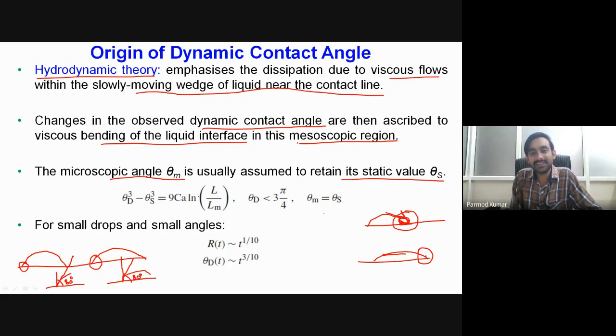So in this type of situation, we have a relationship between the dynamic contact angle and the static equilibrium contact angle, which is related with the help of the capillary number. We know that the capillary number is equal to mu v by sigma, where sigma is the surface tension between the liquid and the gaseous phase, mu is the viscosity of the liquid droplet, and v is the contact line velocity. So this capillary number is nothing but a dimensionless number